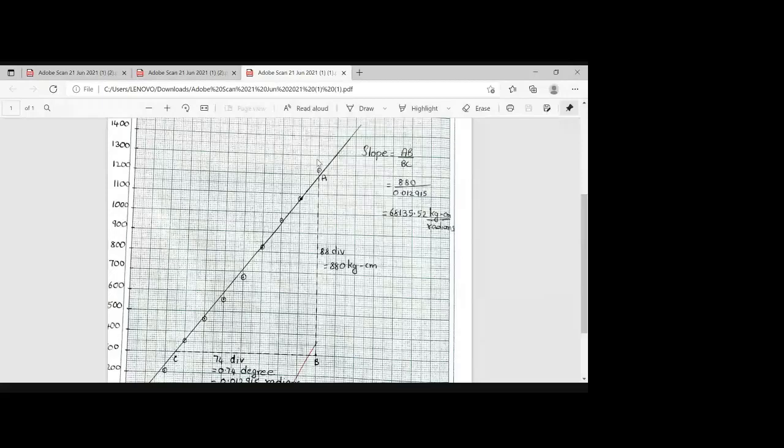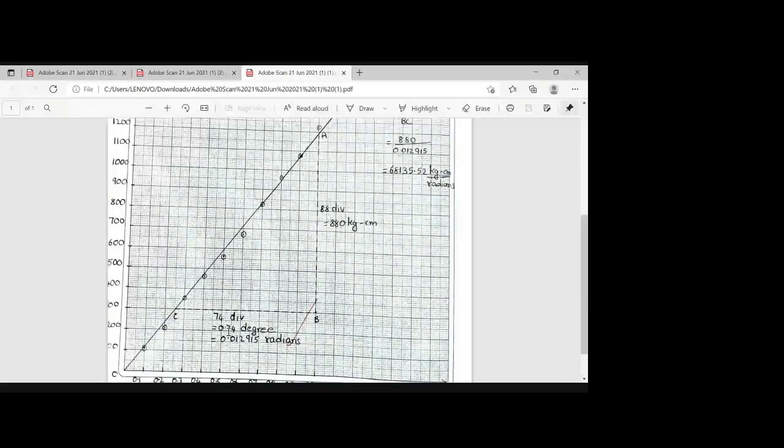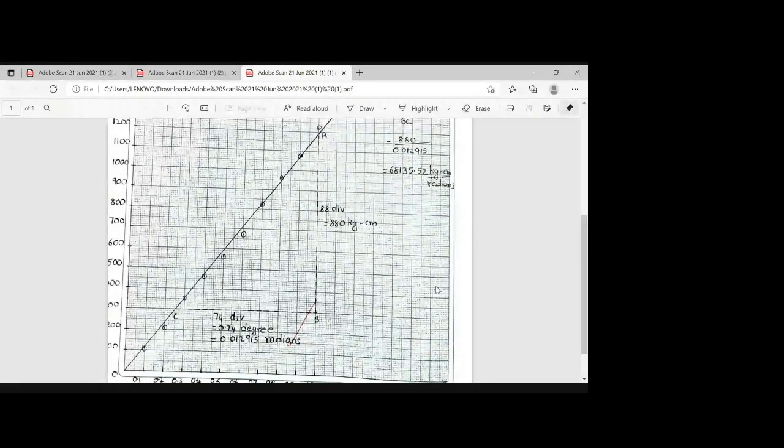Here the angle of twist is coming to be 0.74 degrees. So that you convert into radians. Now you can do the calculation. T by J is equal to tau by R is equal to n theta by L. Then T by J is equal to n theta by L, you take and find the value of n. Then for finding the maximum shear stress, use the other two relationships. T by J is equal to tau by R. R is the radius of this specimen and tau maximum you will get.